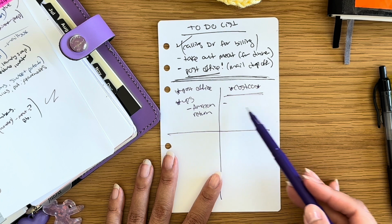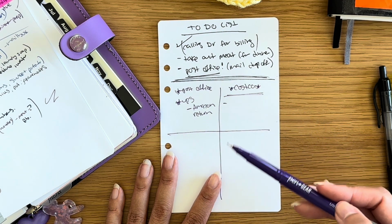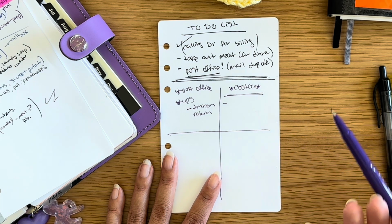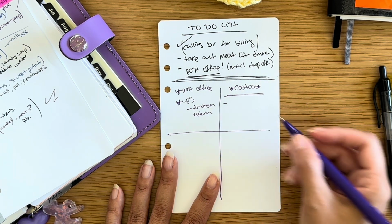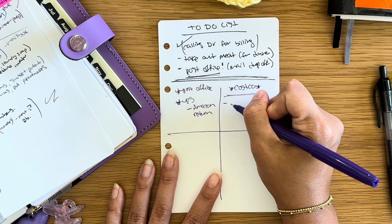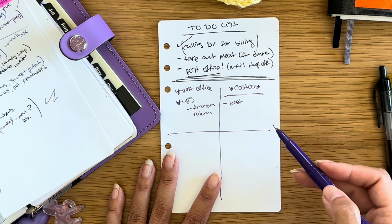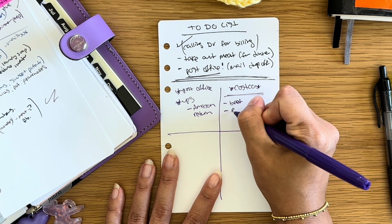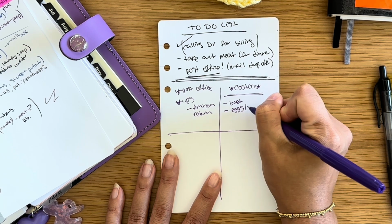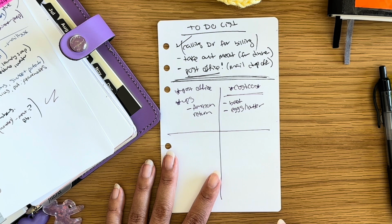Okay, so another structure that I use, I know how my Costco is set up. So I will go in order of how the store is set up. I know that we go straight to the protein or the meat area. So I'm going to get, I need some more beef. And then from there, I know that there's the eggs. So eggs, and they have butter in the same refrigerated area,